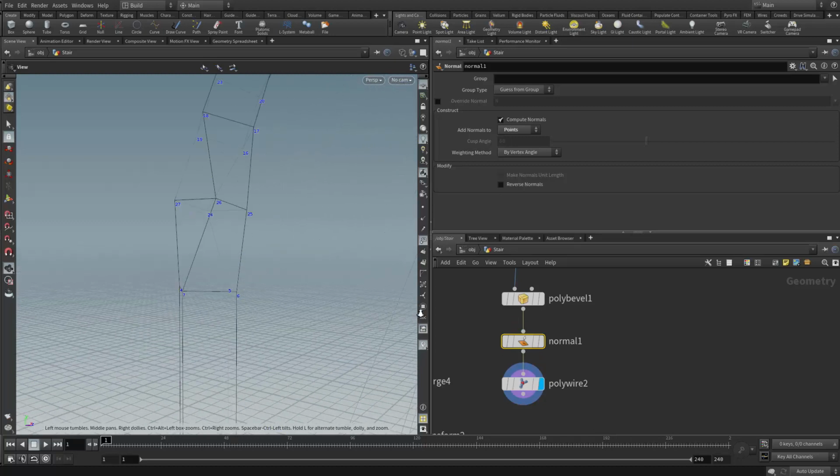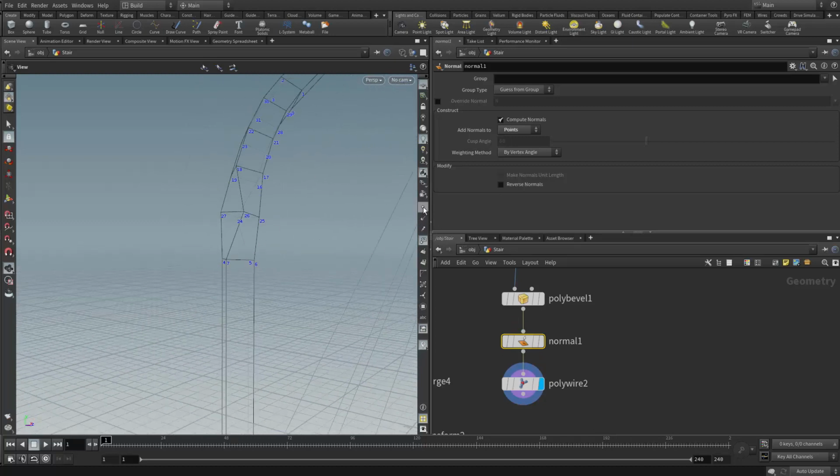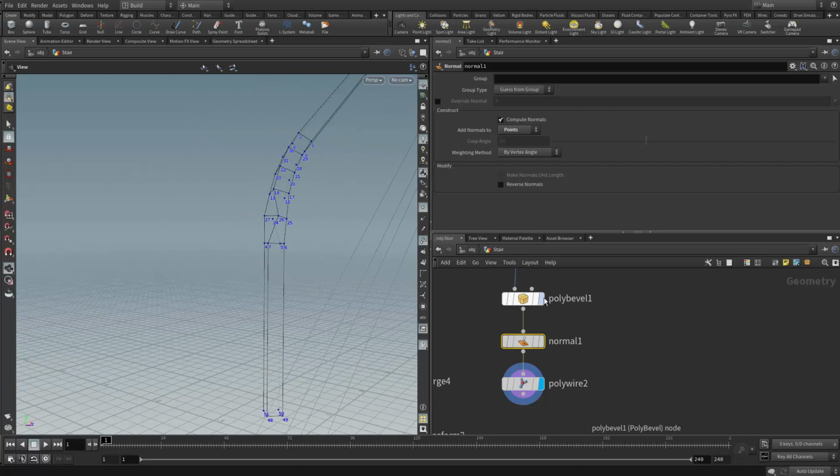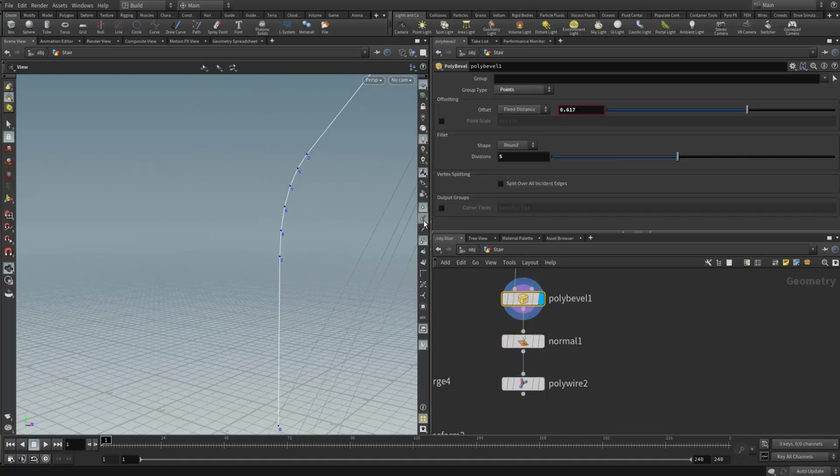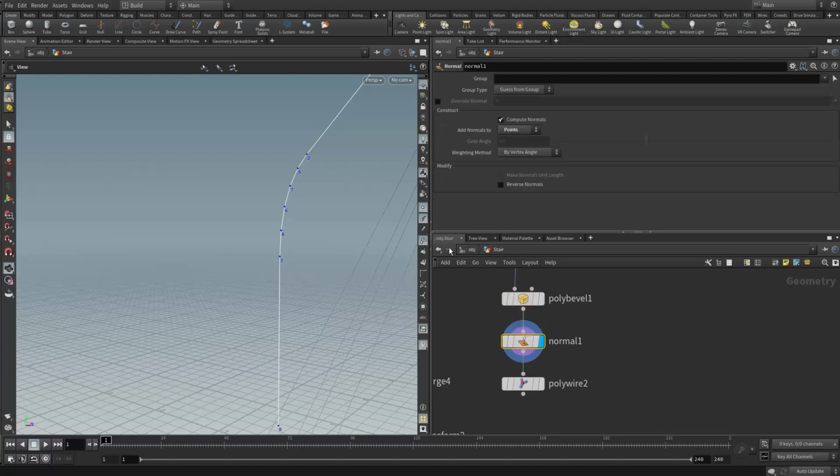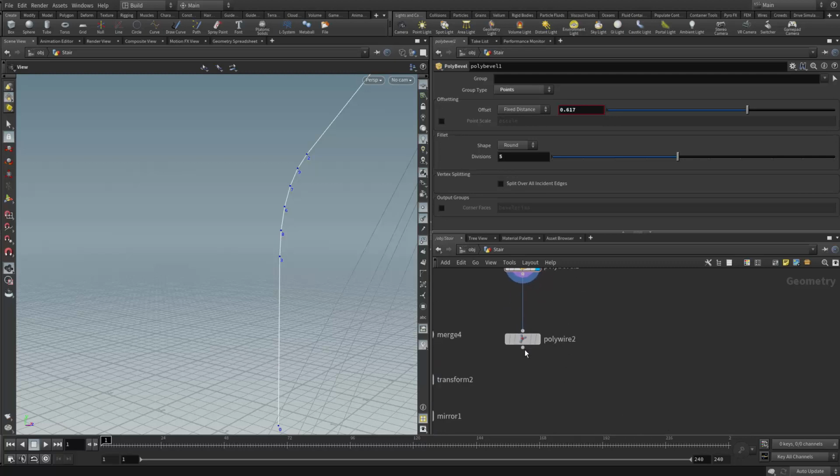No, it's not really doing that. This one is tilted for some reason. It's not really giving me the normal direction. Okay, what do we do? Well,